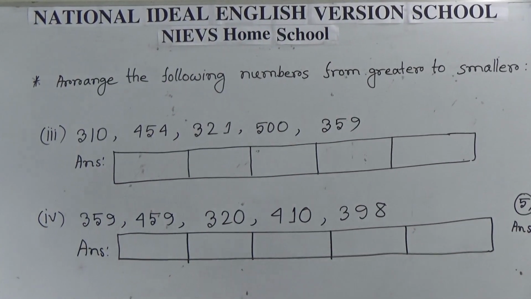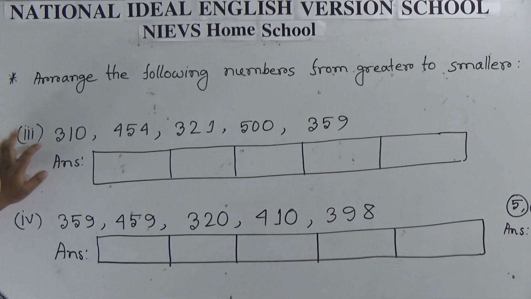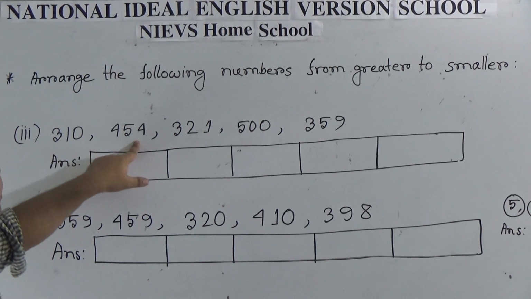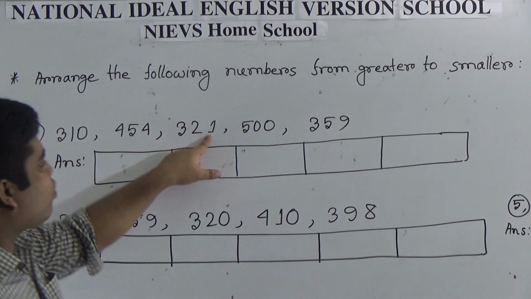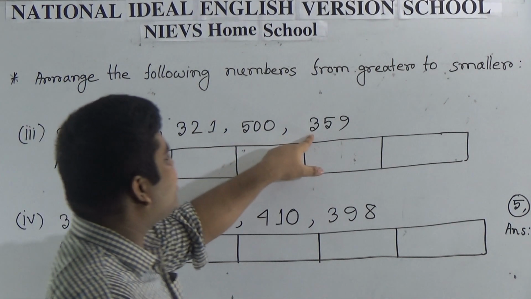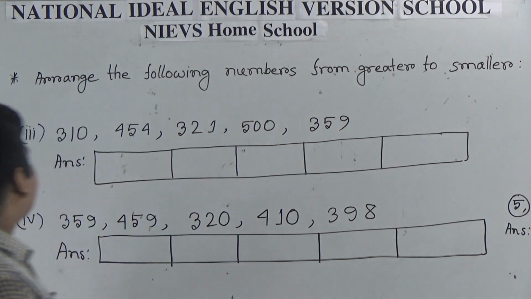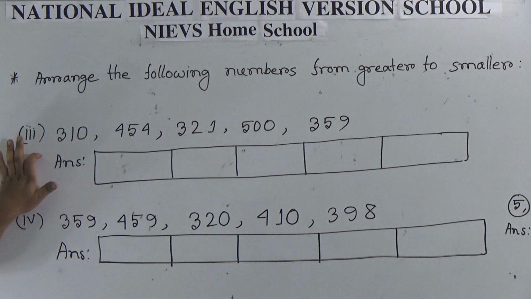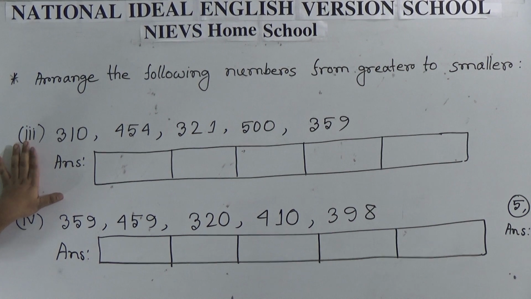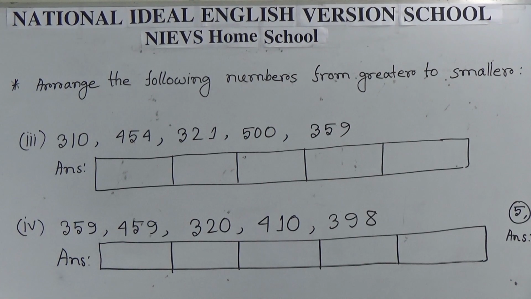Now notice 310, 454, 321, 500, 359. My dear students, some numbers are given which are not arranged. We want to arrange these numbers in greater to smaller form. Before starting to arrange the numbers in greater to smaller form, at first we must know the place value of the digits